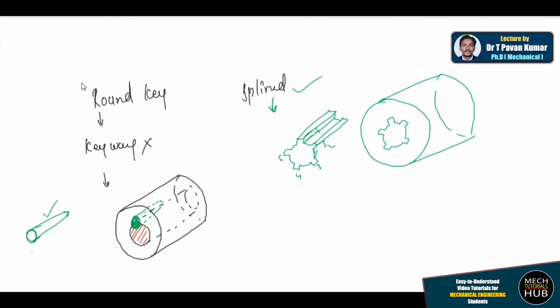This is called a round key, and this is called the spline key, which are other than saddle and sunk keys. I hope you got the basic information about key joints. Saddle and sunk keys are very important to understand the basic logic about the difference between hollow and flat, the difference between feather keys, tapered keys and a Woodruff key, all the differences. Okay, this is all for this particular lecture.